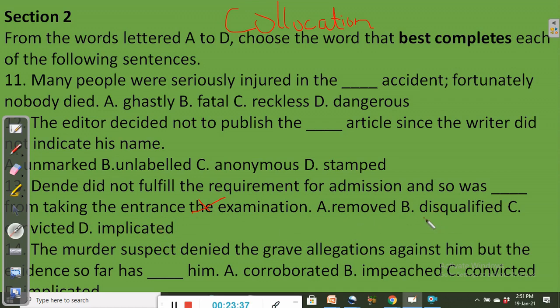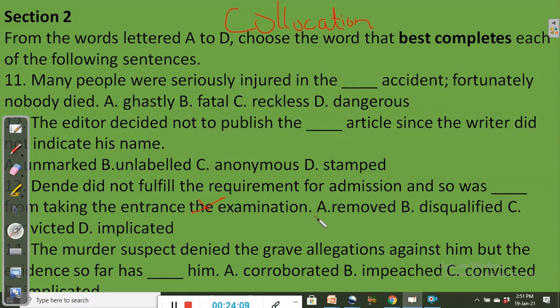The appropriate one is disqualified. You know, when you do not fulfill the requirement for admission, it means you didn't meet the qualification, and so you are disqualified. Then they did not fulfill the requirement for admission and so was disqualified from taking the entrance examination. And when dealing with